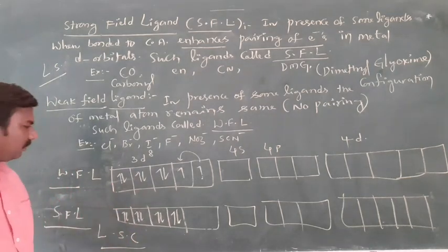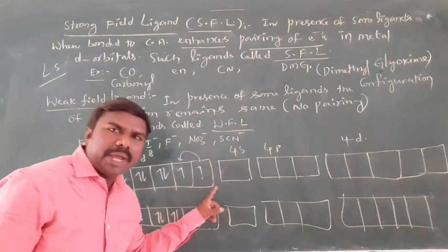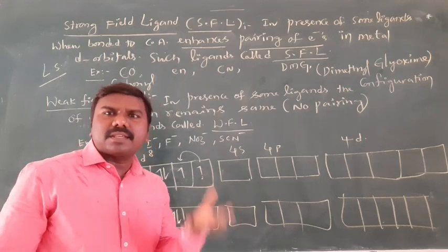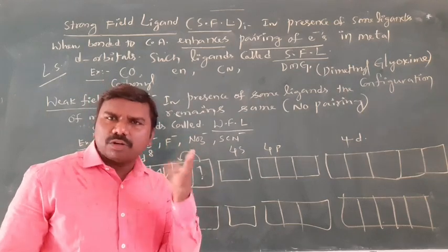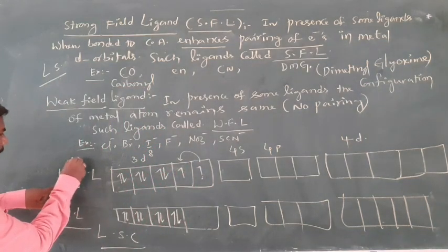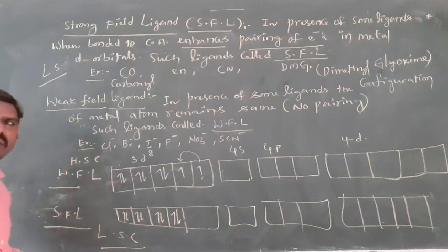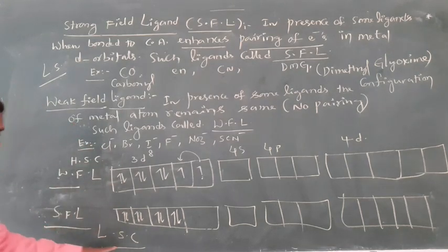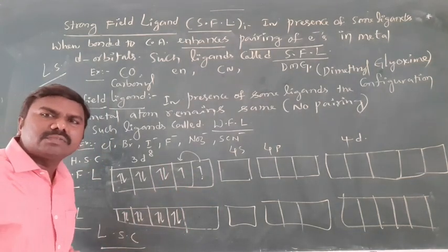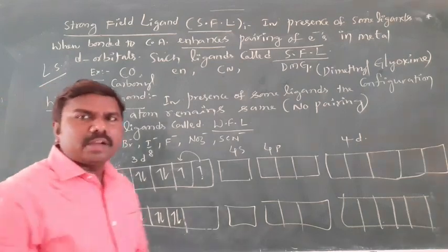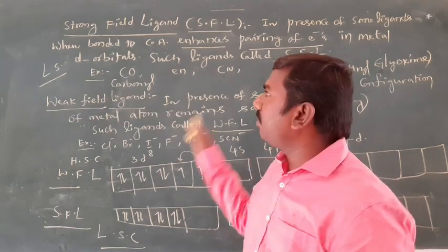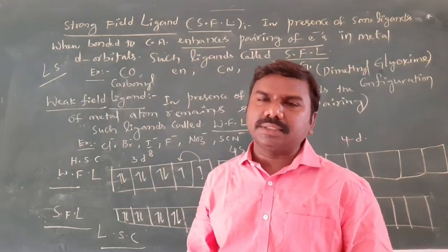Spin is low. In weak field ligand, no pairing. It is plus half, it is also plus half. Plus half, 1. Spin will be 1, not 0. Spin will be increased. In presence of weak field ligand, high spin complexes will be formed. In presence of strong field ligand, spin will be 0. Now low spin complexes will be formed. Okay. Now we'll write the differences between all four, right? Strong and weak, inner orbital as well as outer orbital complexes.